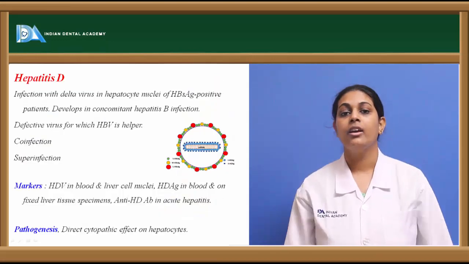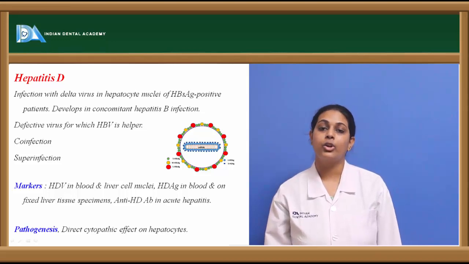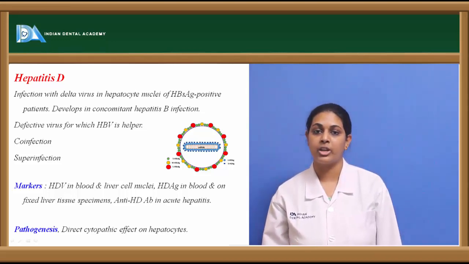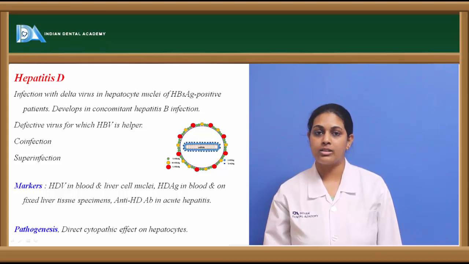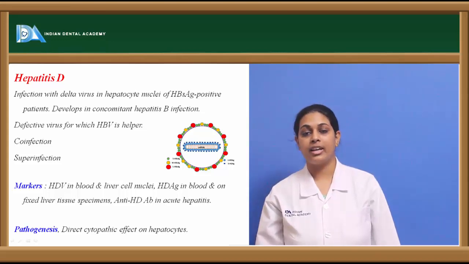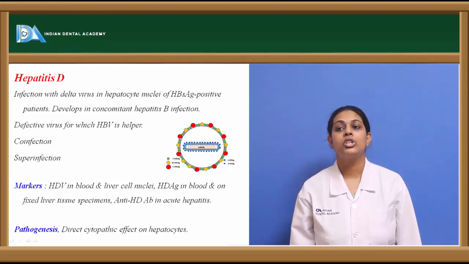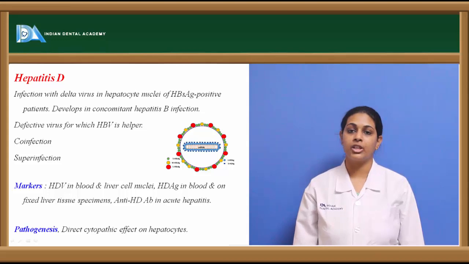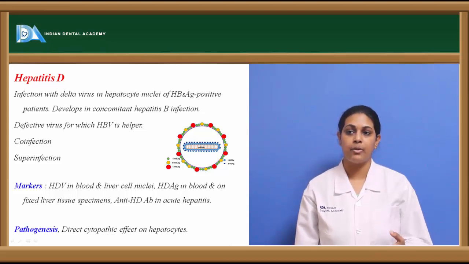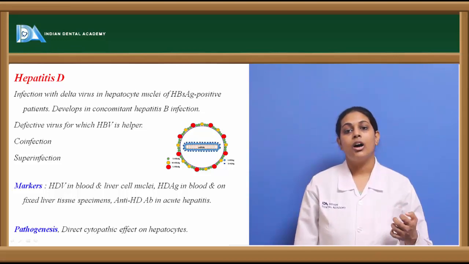Coming to hepatitis D, it is usually an infection with the delta virus, which is usually seen in the nuclei of the hepatocytes in the liver of the patient, and they show presence of hepatitis D antigen, which is positive in these patients, and it develops in concomitant hepatitis B infection. Usually the virus here is a defective virus, for which the hepatitis B virus acts as a helper and results in the formation of a condition known as co-infection with the help of